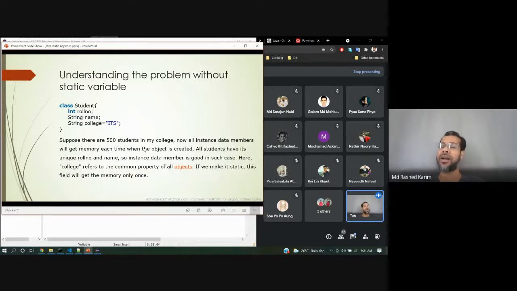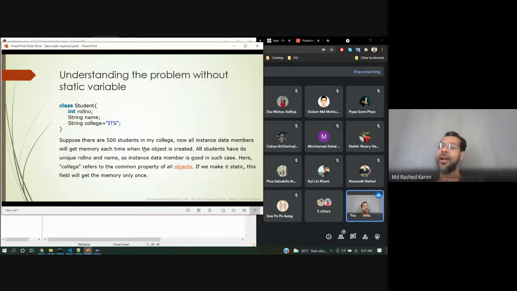That means 500 student objects will be created in 500 memory locations in the RAM. Say the integer is 4 bytes, the string name maybe 20, and the college name maybe 20. Altogether 44 bytes, so 44 bytes for each object.